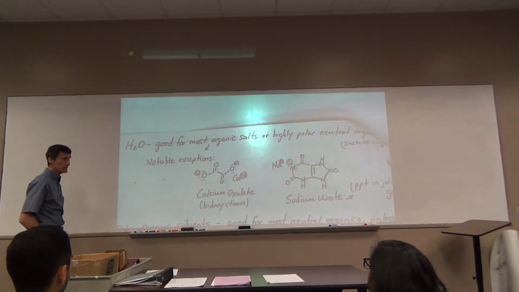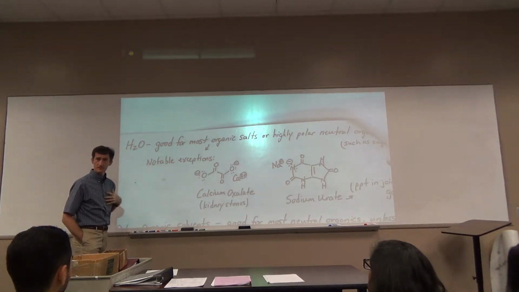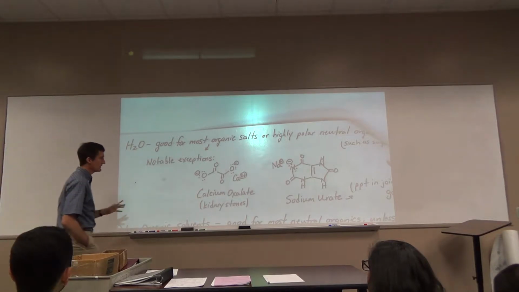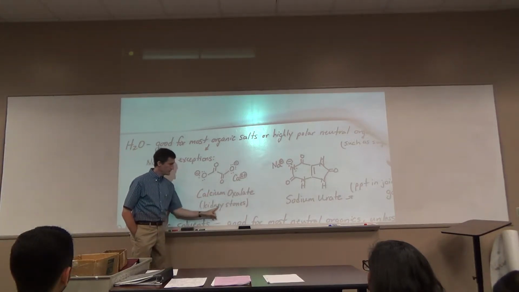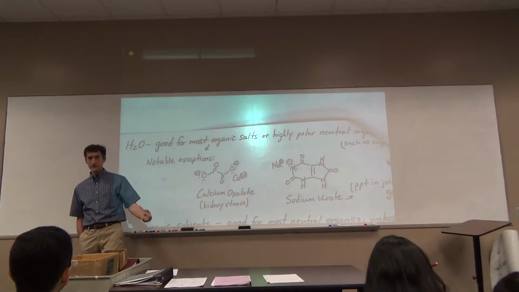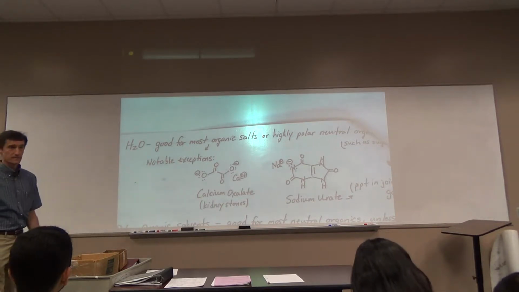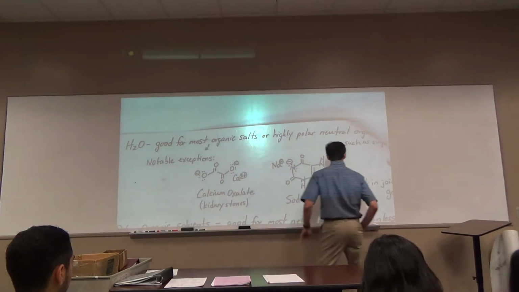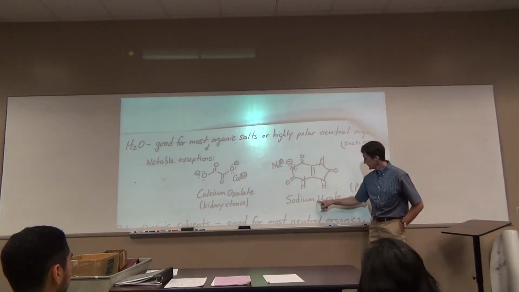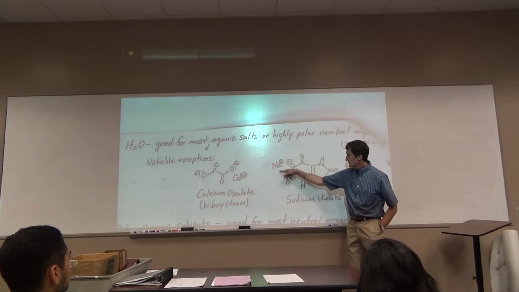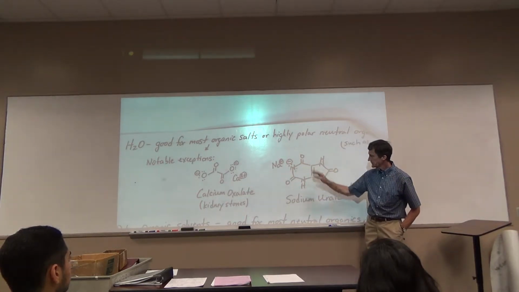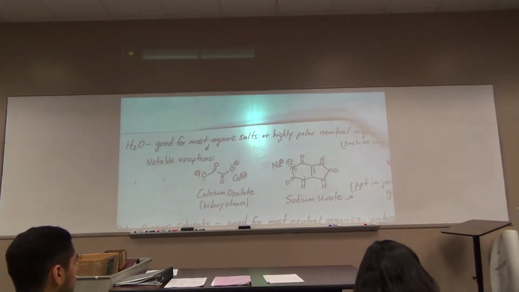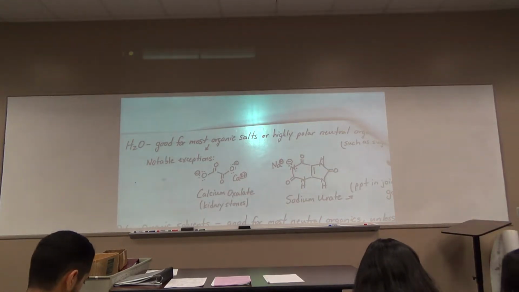That's why in the body, which is largely water-based, unless you're an alien from the land of acetone or something, it forms kidney stones because it precipitates, even though there's lots of water around. It doesn't stay soluble. Gout: this molecule here is sodium urate. It's an organic salt, not that soluble in water, so it precipitates in the joints, etc. So not all salts are soluble in water.